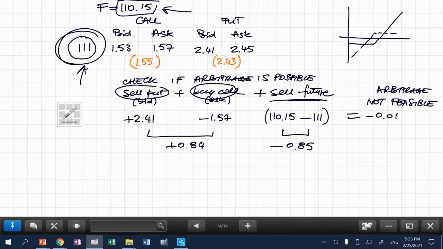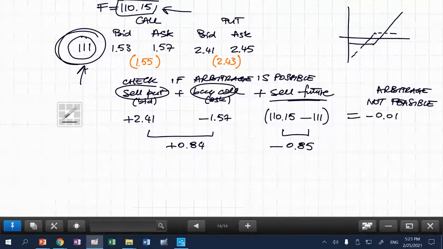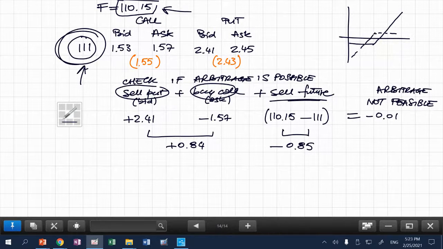If the put is overvalued, what's the implication? That what can be possibly wrong is the case in which you want to buy the put. If you buy the put and pay directly the ask price for the put, maybe this is too much. And the alternative to buying the put directly would be what? Would be buying the call and selling the future, okay? Now, if you consider buying the call plus selling the future,